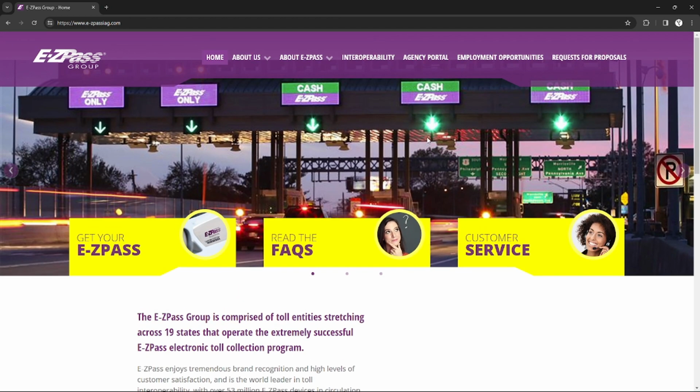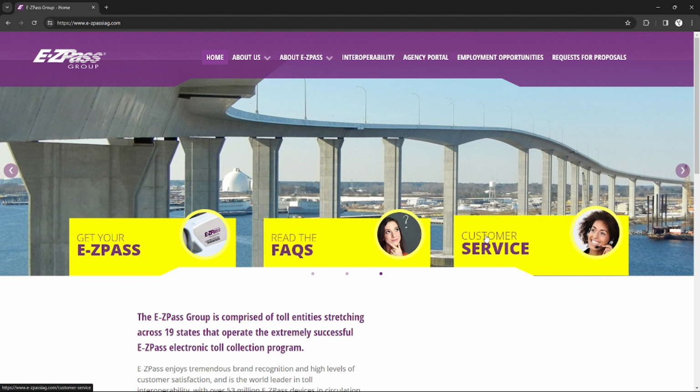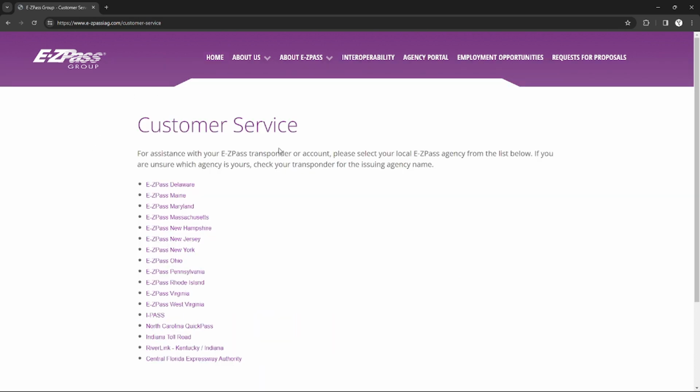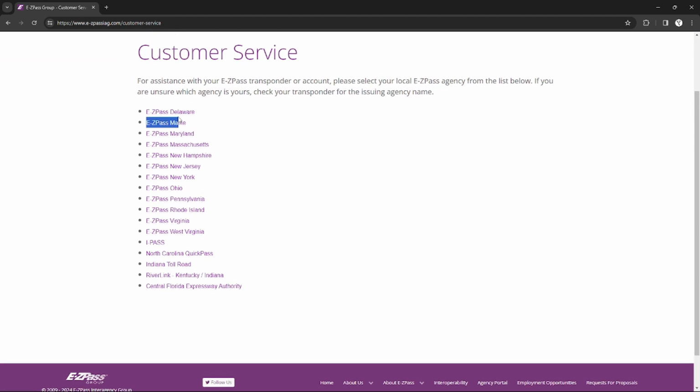and right here on the right side there will be a customer service, so you can click it, and after you click it you will be redirected to their customer service page where you can see all the EasyPass agencies that you can pick in order to find their contact information. So there's a bunch of agencies. So for example, I'm going to choose the EasyPass Delaware, or if you want you can choose EasyPass New York,